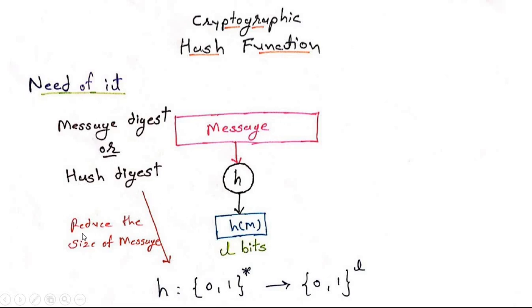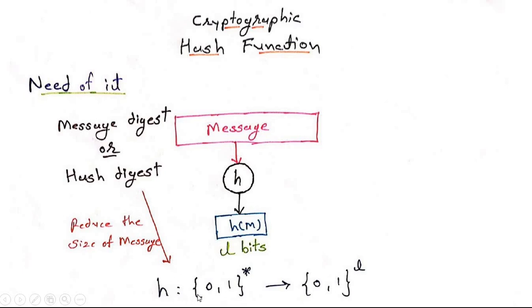So in short, we are reducing the size of the message. Whatever message is too long, with different bit lengths, we convert it into a fixed number of bits, and it can be transmitted. We will transmit with the fixed bit size. So the question should be asked to you: what is a message digest or what is a hash digest? You can answer this question very well.